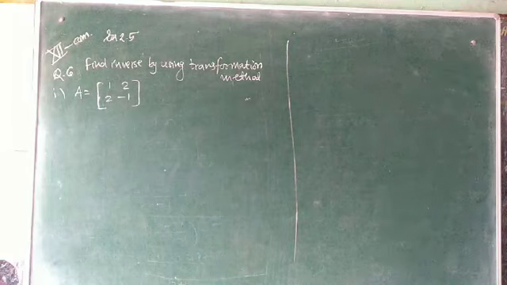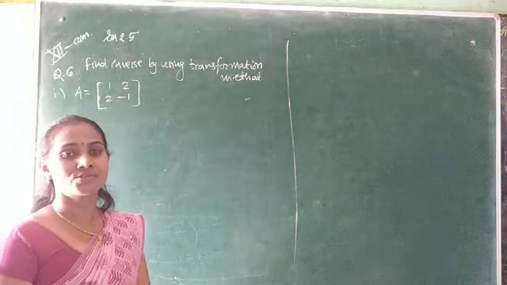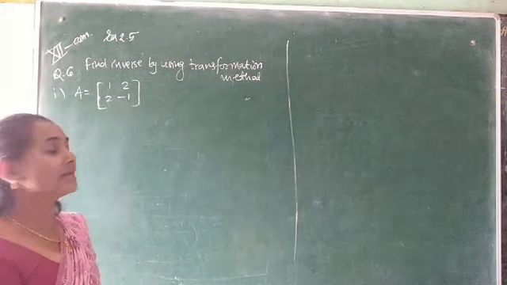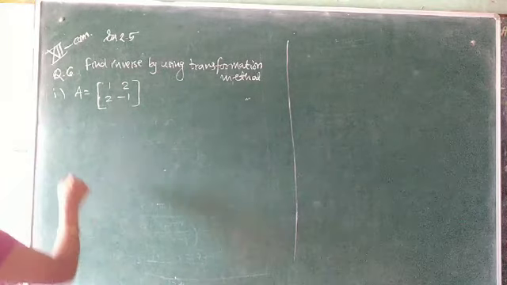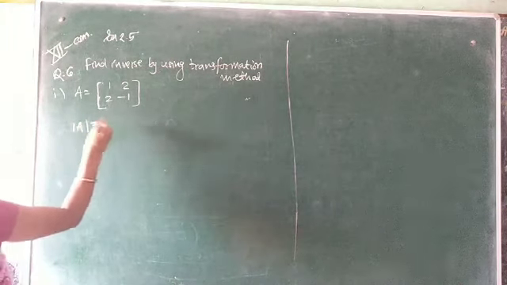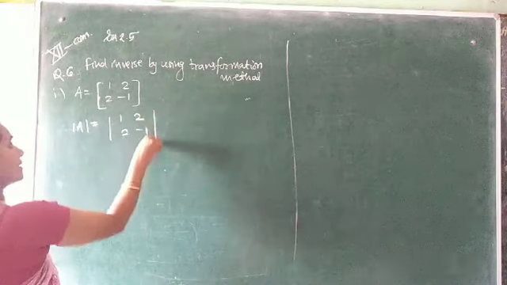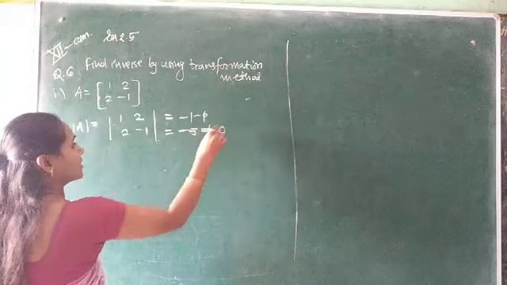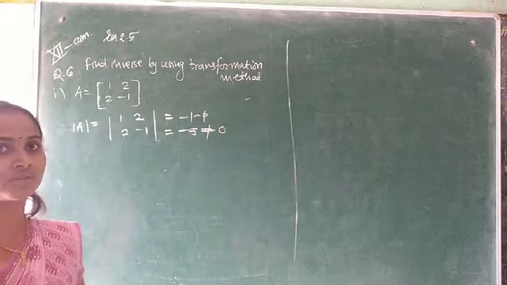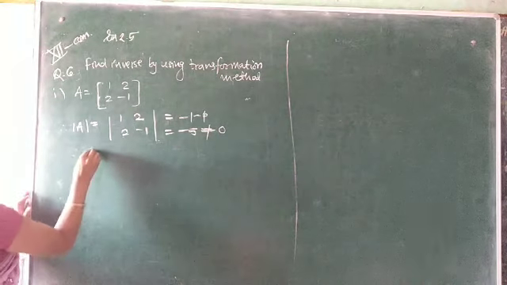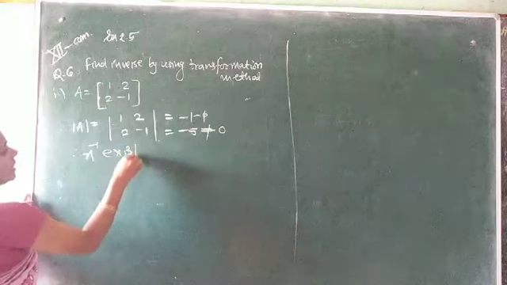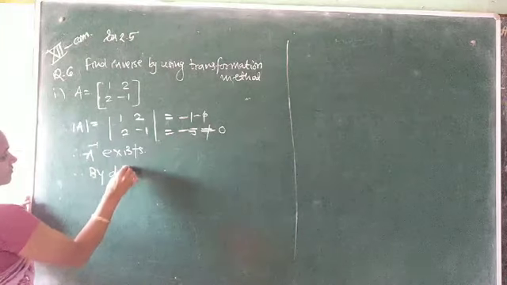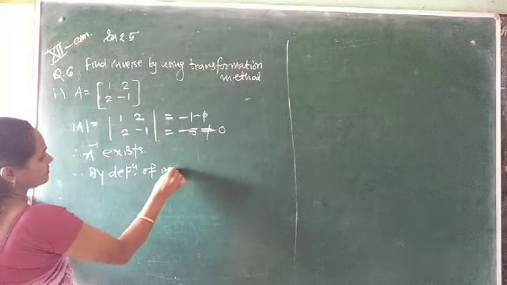So first of all, when we have to find the inverse, first check whether the given matrix is invertible or not. Invertible means if it is non-singular, then the inverse of the matrix exists. So first check it. Therefore, determinant A is equal to 1 into 2 minus 1 into minus 1, and here minus 4, which is equal to minus 5, not equal to 0. Therefore, the determinant is non-zero. Therefore, A inverse exists. Now, by the definition of inverse.